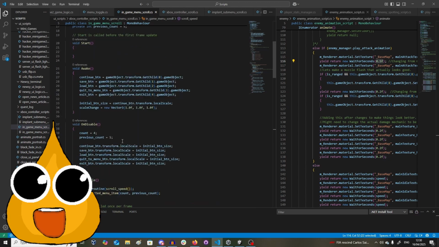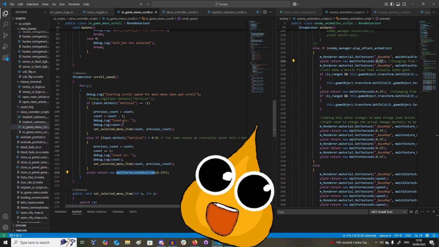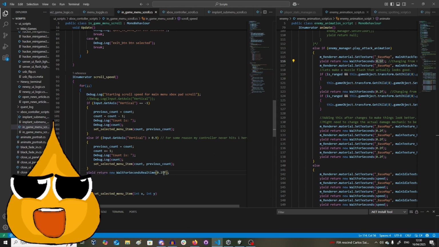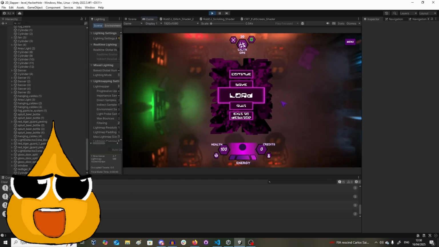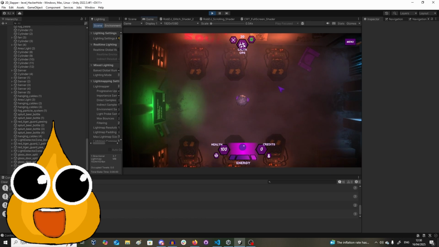So in our, where did my coroutine go? In our coroutine, we pretty much just do all of the menu traversal logic that we need to, and whenever we wait, we do WaitForSecondsRealtime. And we set it to 0.25. That's just a test for now. I'll do this later to get my menu to scroll in a smoother way. I might make a different tutorial video to just explain how to make this, because it does work, and I use it for